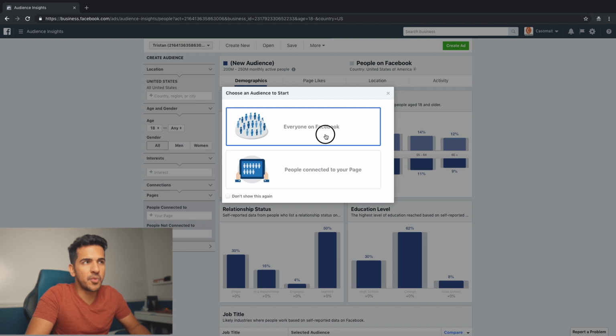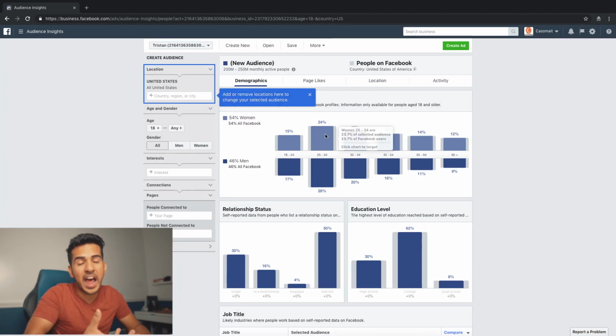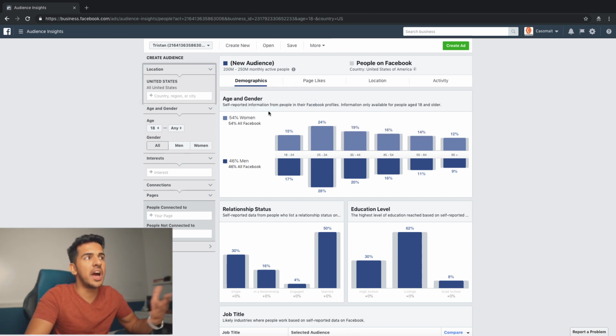I recommend choosing everyone on Facebook, obviously, because you do not have much of a fan following at this point and you're trying to come up with numbers. So if you look at the whole, what's going on? This is the whole United States, 18 and over, all genders, no specifications. There are about 200 to 250 million monthly active people on Facebook in the United States of America.